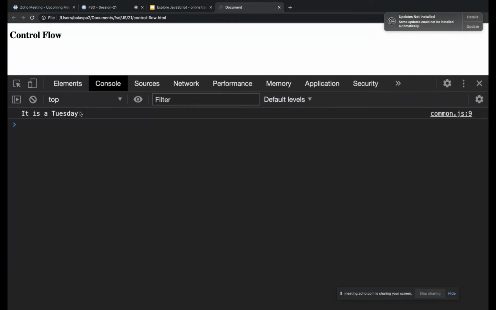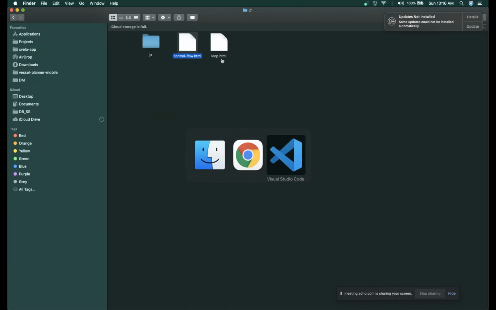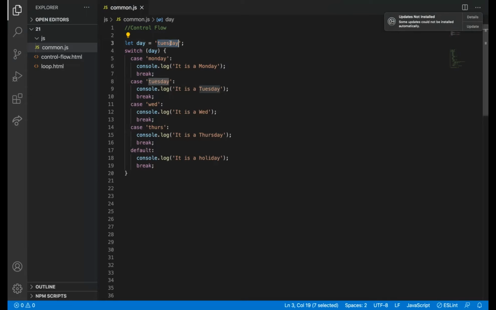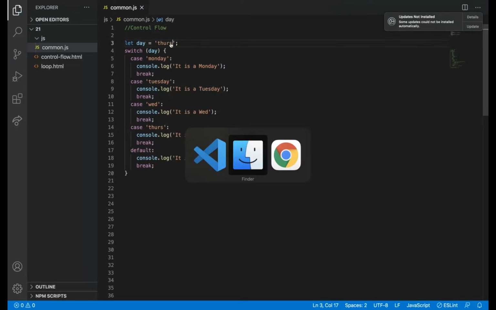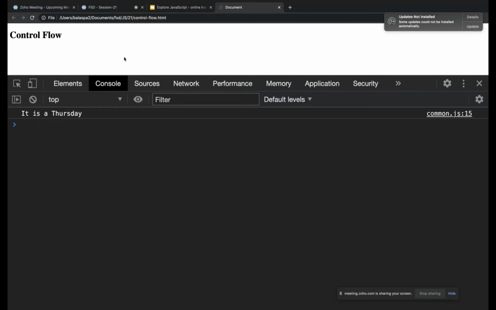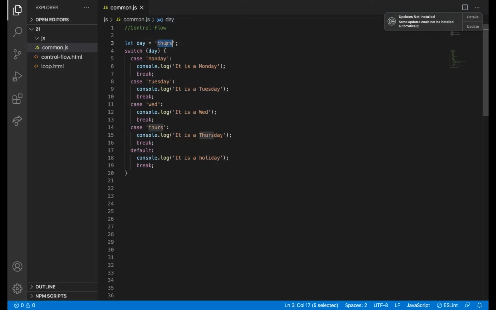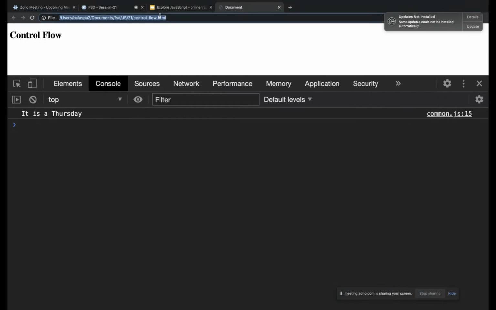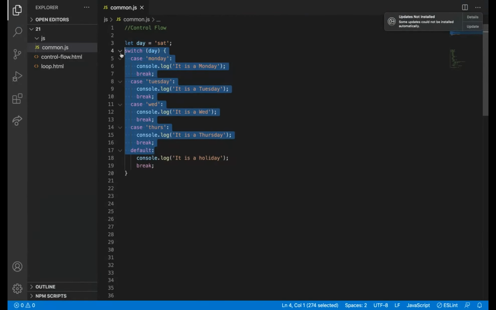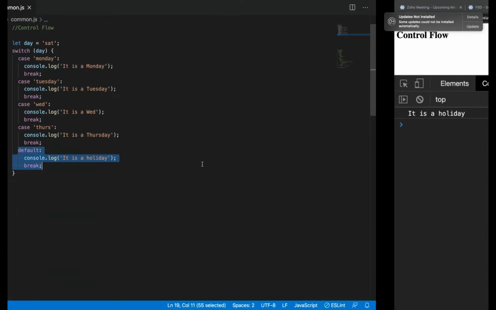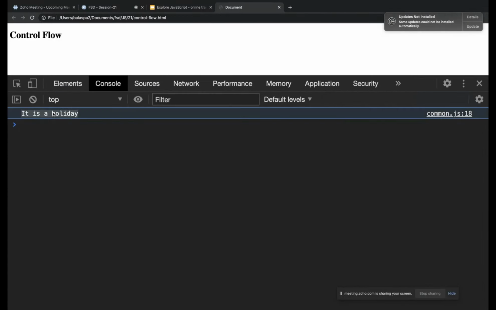So it is saying it is a Tuesday. Now I'll check with another value, Thursday. It is saying it is a Thursday. Now I can say Saturday. Any value which does not match with these will go to the default, where we said it is a holiday. So it is showing it is a holiday.